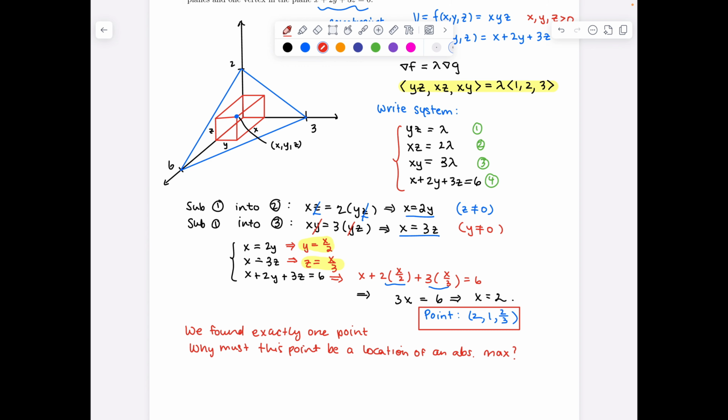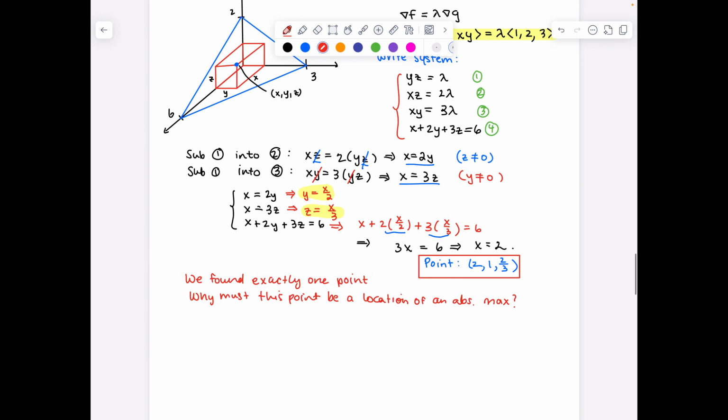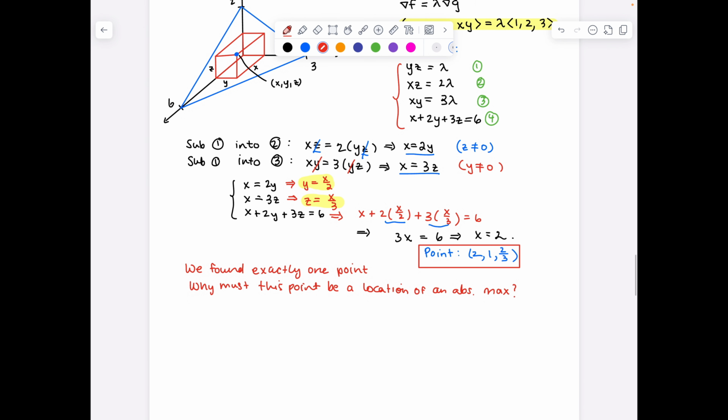Volume would obviously be minimal if one of the dimensions was zero, but I always have numbers that are positive for x, y, and z, which tells me that I can never find a smallest volume, because I can always shrink x, y, and z a little bit smaller,